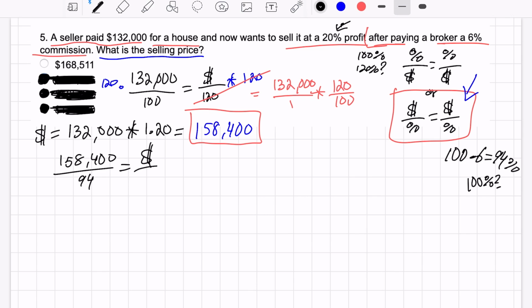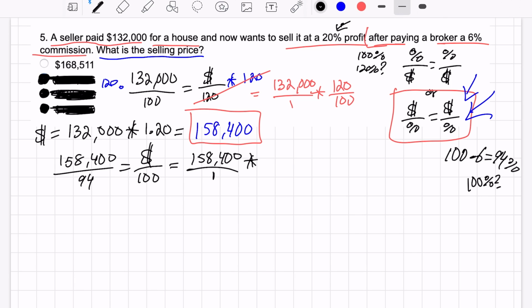And then we're looking for 100%. Once again, I'm utilizing this technique, this process of ratios, and you see that memorizing did not help in this case. So when we do the process, we end up with 158,400 over 1, all of it times,